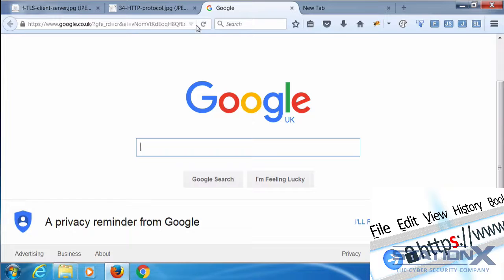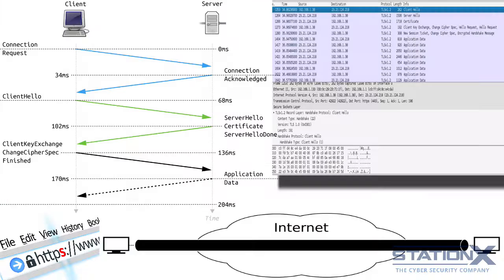Now, if I close this and actually go to Google and change it to HTTPS, I am now running HTTP over TLS or SSL. HTTPS provides the security services of TLS because it uses TLS, so data encryption, authentication, usually at the server side, message integrity, and optional client or browser authentication. When you access a website with HTTPS, the web server will start the task to invoke SSL and protect the